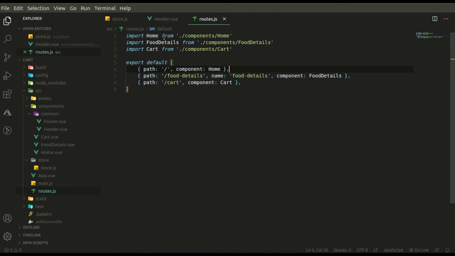Okay, so I hope you can see the routes file. This is how it will look. We have mainly three components: our home, food details, and cart. Cool. Now what we have to do, we will code our header component.